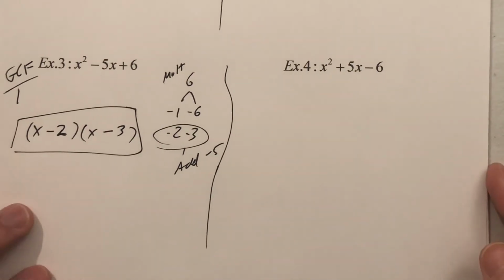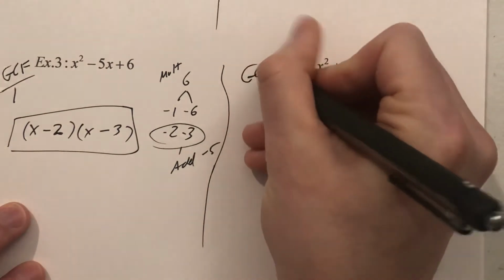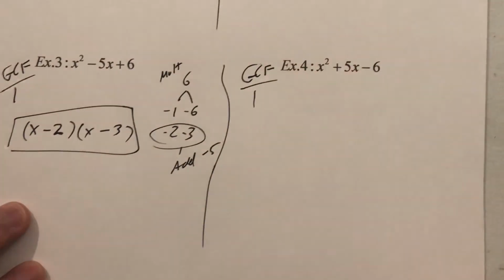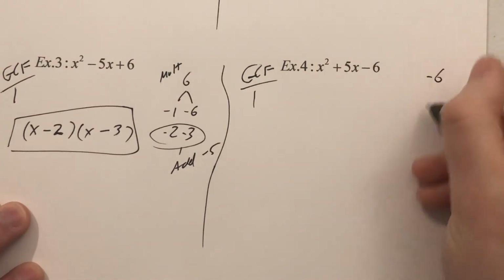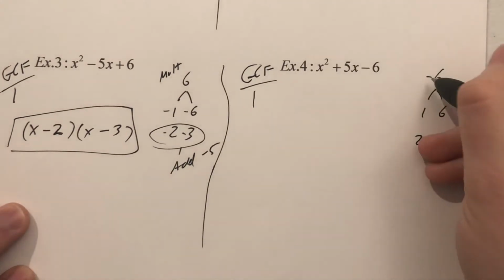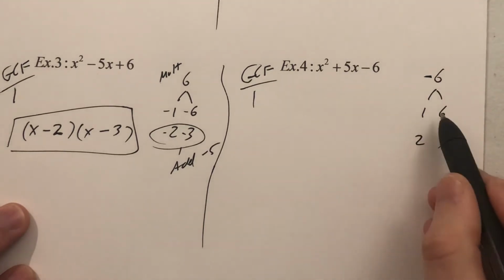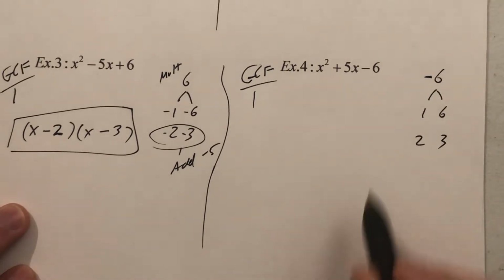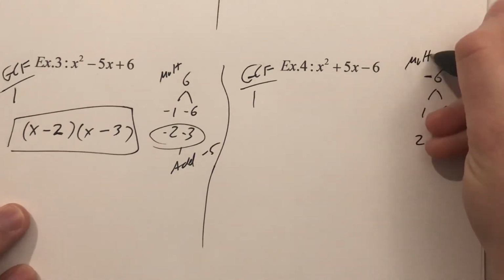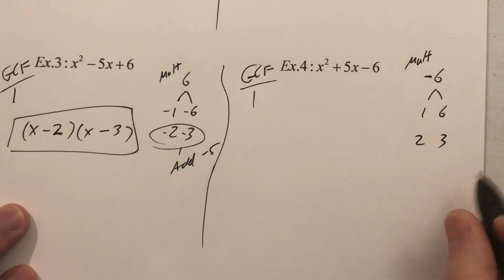Notice number 4 is almost identical, but it's a positive 5 instead of a negative 5. So first step, GCF is still a 1. We want to multiply to a negative 6 now. That means the numbers are the same, but we need negative 6, so we need opposite signs. So 1 positive and 1 negative must be the case. And so if I want them to multiply to a negative 6, but add to a positive 5 with opposite signs on my numbers,